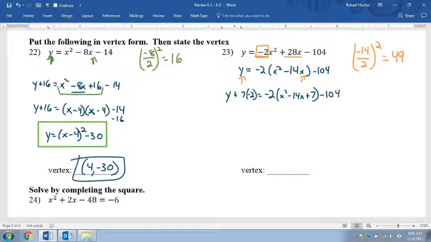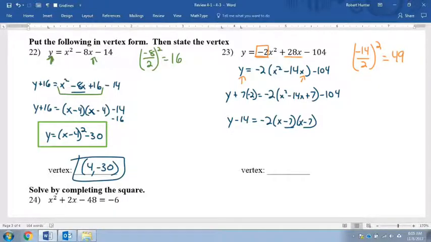Minus 104. Okay? So again, just to reiterate that, this 7 is being multiplied by negative 2, so that's what I'm adding on the right. And in order to balance that out, I need to do a 7 times negative 2 on the left. Okay? And then from here, we just clean it up a little bit. 7 times negative 2 is negative 14 equals negative 2 times, that turns into what, x minus 7 and x minus 7, because 7 times 7 is,